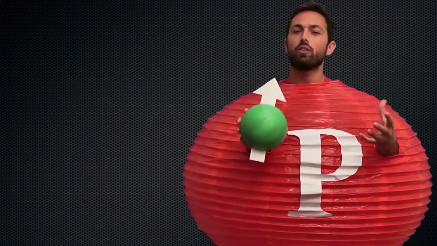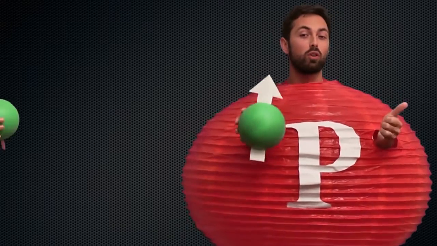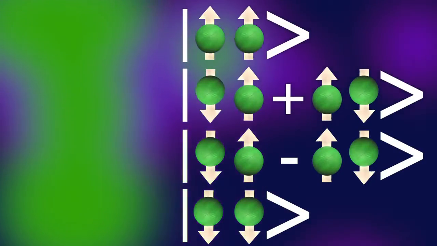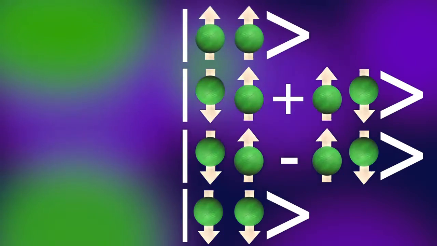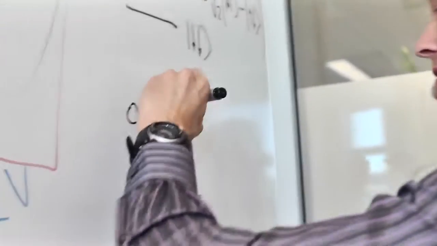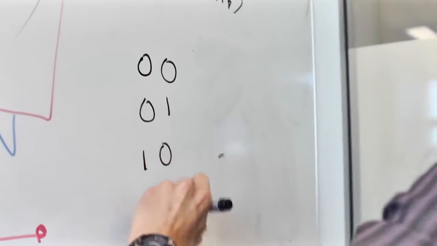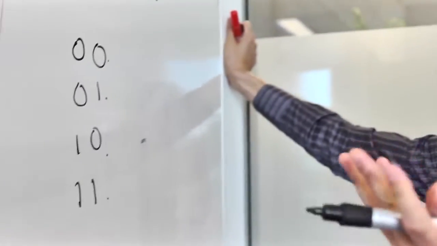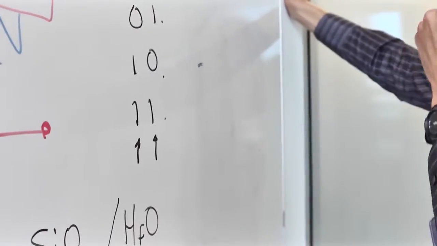Now, it's hard to imagine how this enables the incredible computing power of quantum computers without considering 2 interacting quantum bits. Hello. Hi. Now, there are 4 possible states of these 2 electrons. You could think that, well, that's just like 2 bits of a classical computer, right? If you have 2 bits, you can write 00, 01, 10, 11, right? There's 4 numbers. But these are still just 2 bits of information, right? All I need to say to determine which one of the 4 numbers you have in your computer code is the value of the first bit and the value of the second bit. Right? Here instead,